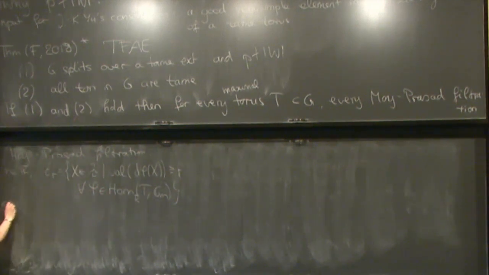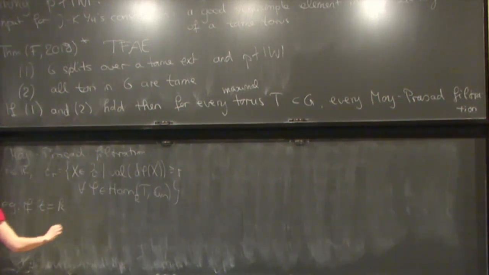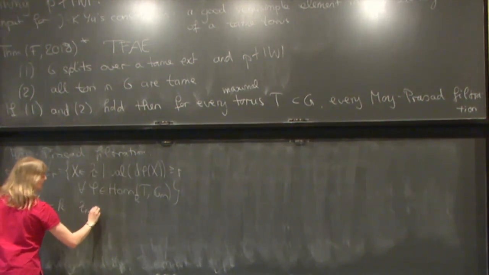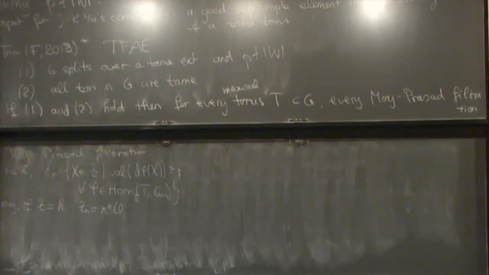So for example, if the Lie algebra is one-dimensional, so if it's just the field K, then T sub n, for n being some integer, is just pi to the n O living inside K. So you define a filtration of K via pi to the n O. Is the torus split? No, not necessarily. So how do you normalize the valuation?